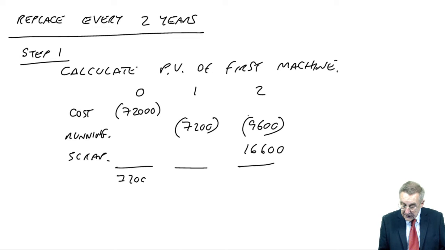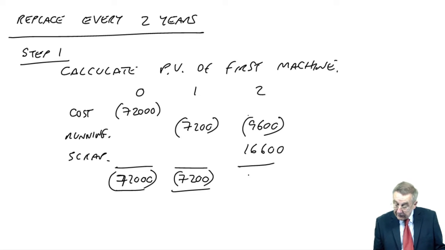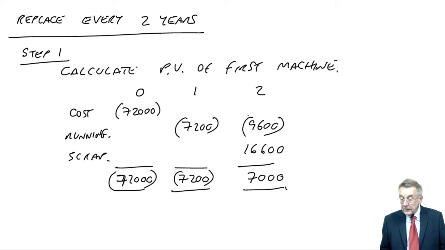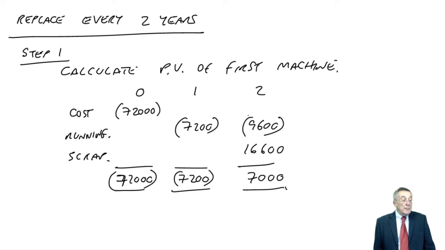So the net flows are 72,000 at time 0, 7,200 at time 1, and a net inflow of 7,000 at time 2. Now, presumably it's earning us money, but that's irrelevant because we always assume that it'll be